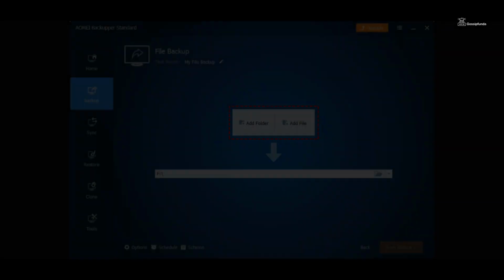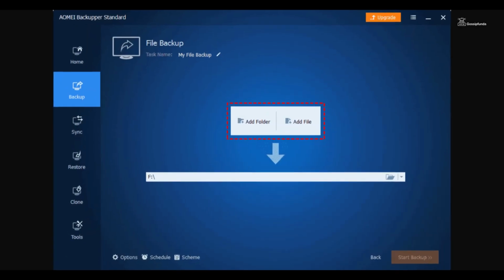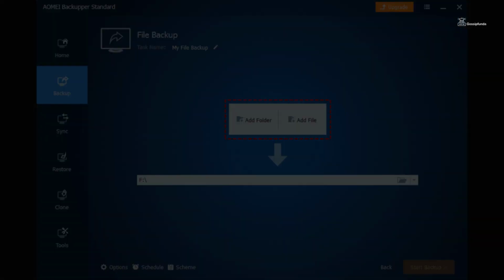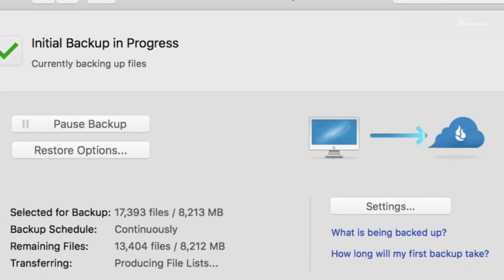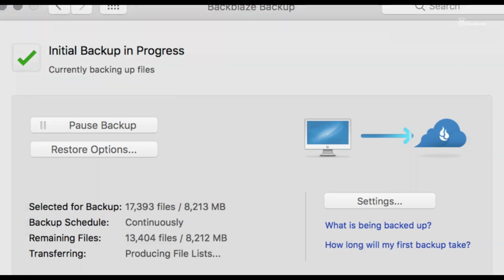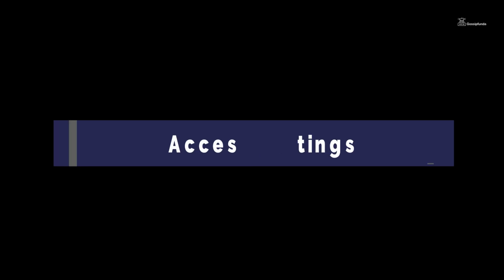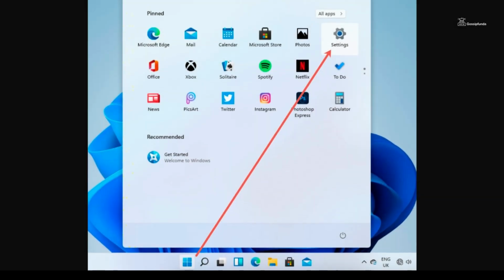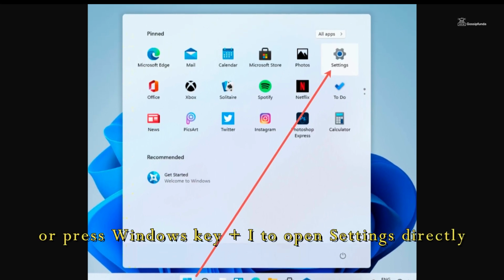Backup your data. Before initiating the reset process, ensure you have backed up all important files to an external drive or cloud storage. A factory reset erases everything on the system drive, so this step is crucial to prevent data loss. Access settings. Click on the Start menu, then select the Settings gear icon or press Windows key plus I to